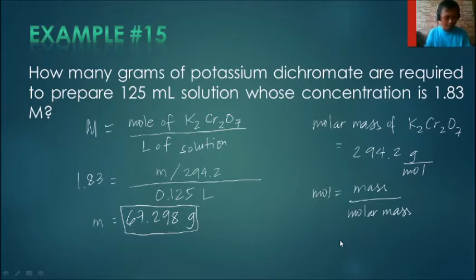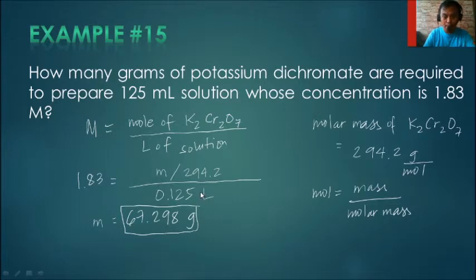So, we have this problem. How many grams of potassium dichromate are required to prepare 125 mL solution whose concentration is 1.83 M? Okay, so we use the formula of molarity, which is equivalent to the mole of solute, or the potassium dichromate here, divided by the liter of solution. So, what we will do to get the mass, given the molarity of 1.83 and the liter of solution,